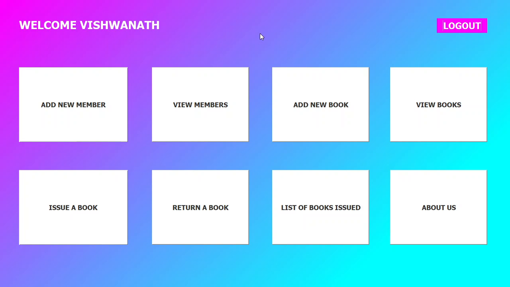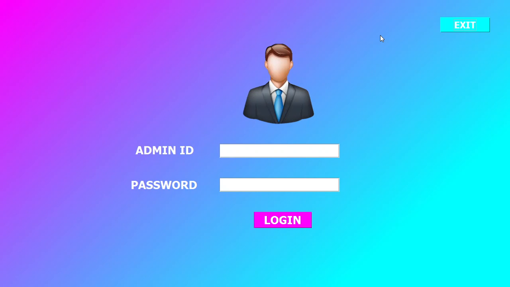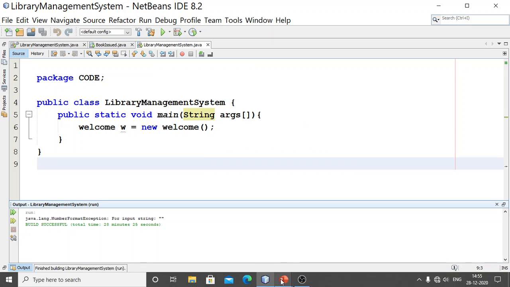After the librarian is done with all the operations related to the library, if we want to log out of the system, he can click on the logout button. After clicking on the logout button, he will be redirected to the login screen. If we want to log in again, he can enter the login details and click the login button. If we want to exit, he can click on the exit button and exit the system. We will now exit the system. As we have exited the system,